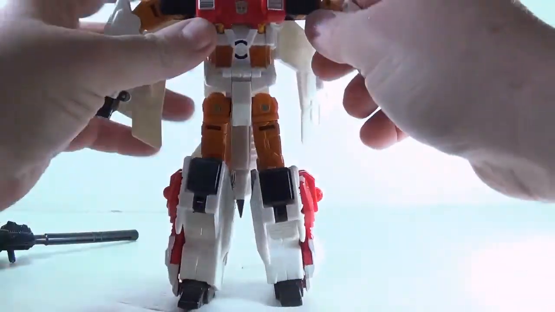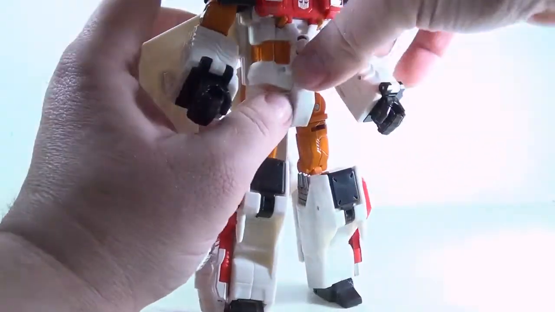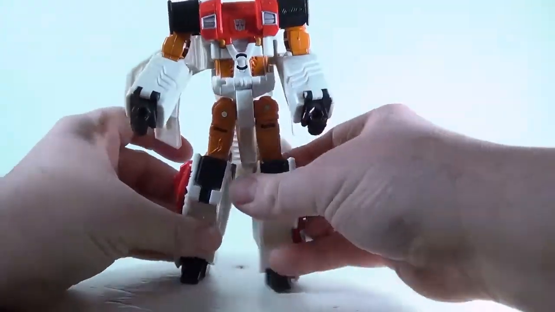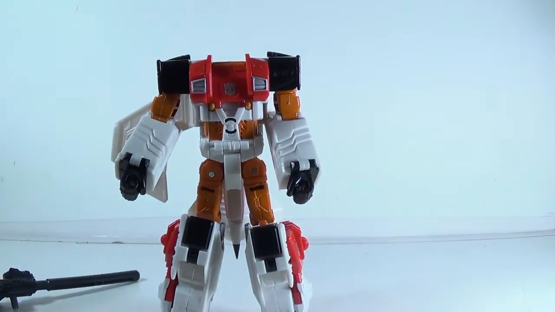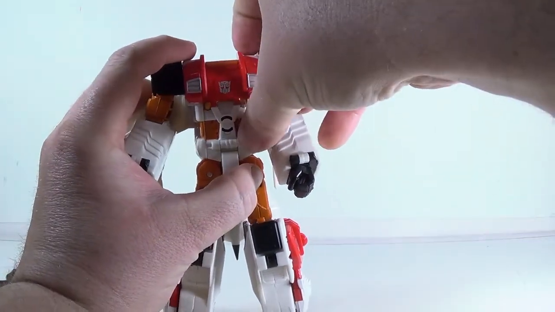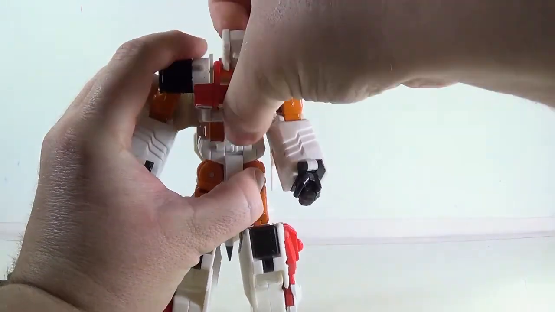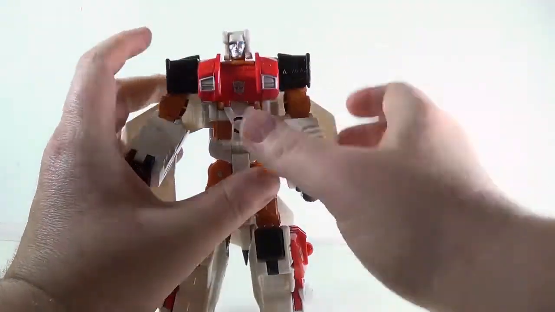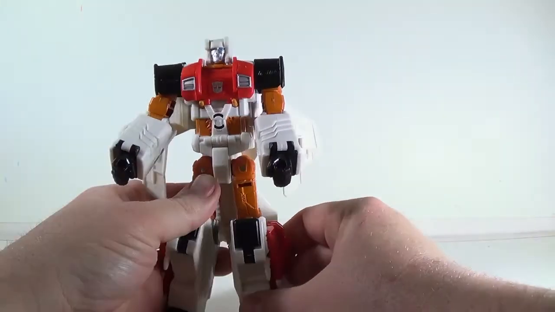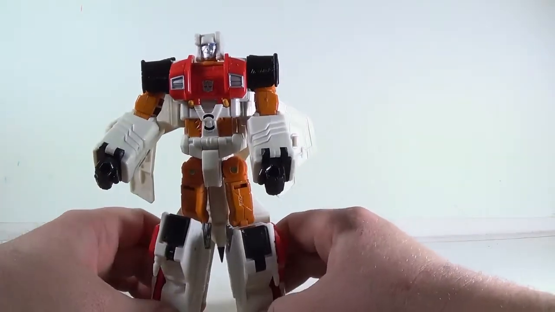I mean, basically, his robot mode is done other than flipping out his head. We'll get the epic head reveal. Dun, dun, dun. Flip this out. Come on. And flip out his head. And flip it back. And there you go. I mean, like I said, these are stupidly simple to transform, but that's actually a good